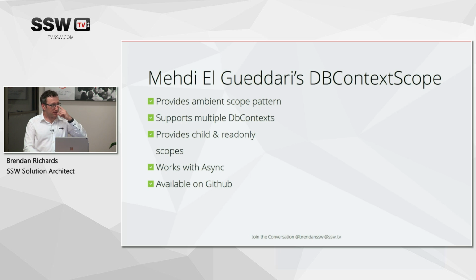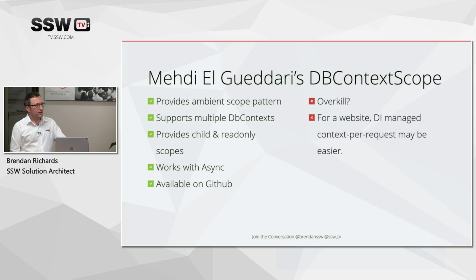But what it does do is work with async, because it uses the same engine that transaction scope uses to register an async call. So when you go to the side of an async and come back, that transaction is still there. You keep that reference. I can't remember the exact details. There's some top-level container that you register stuff in. Sorry? Logical scope, yeah. So it goes into that logical scope, and it's still alive across the async boundaries. On the negative side, I don't know yet if this stuff works on EF7. It might be overkill, and for a website, context per request might be easier.